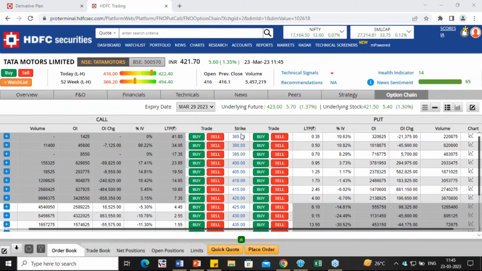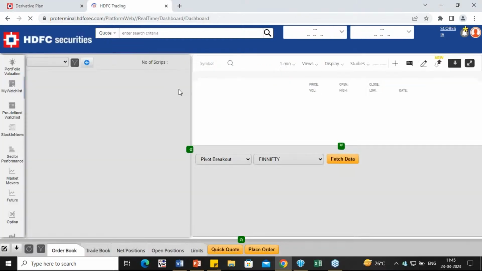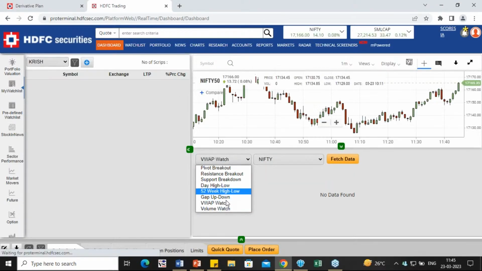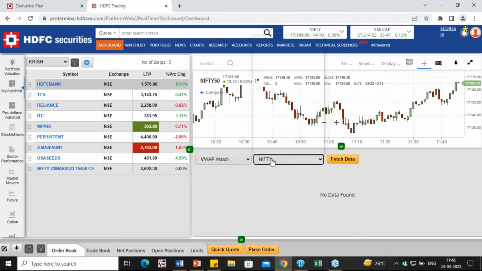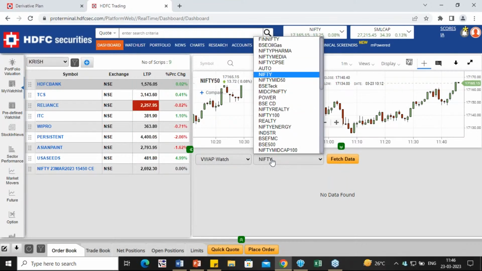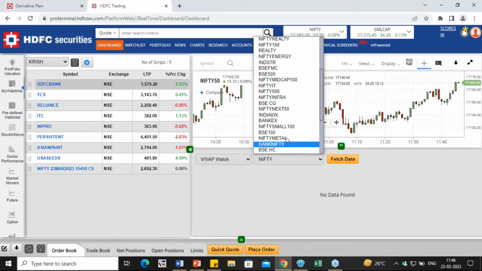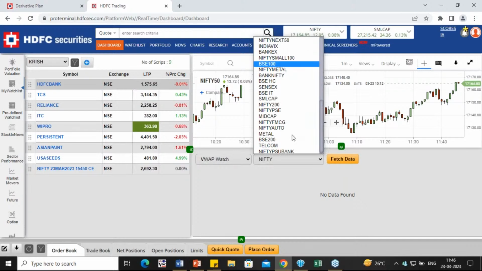Okay, Punyam is asking, is this useful for swing trading? Yes, ma'am, we have many features if you want to do swing trading. So basically, we also have a VWAP feature. You have to just click on that dashboard. In that dashboard, in real time, we are giving the VWAP watch over here. So if you want, you have to just select your sector or cap. So let's take the cap like Nifty Midcap 100, or